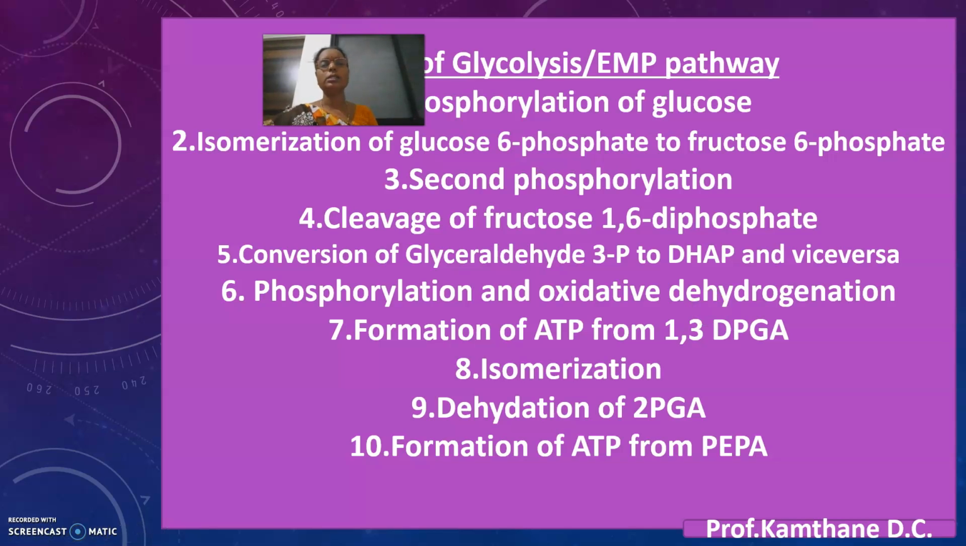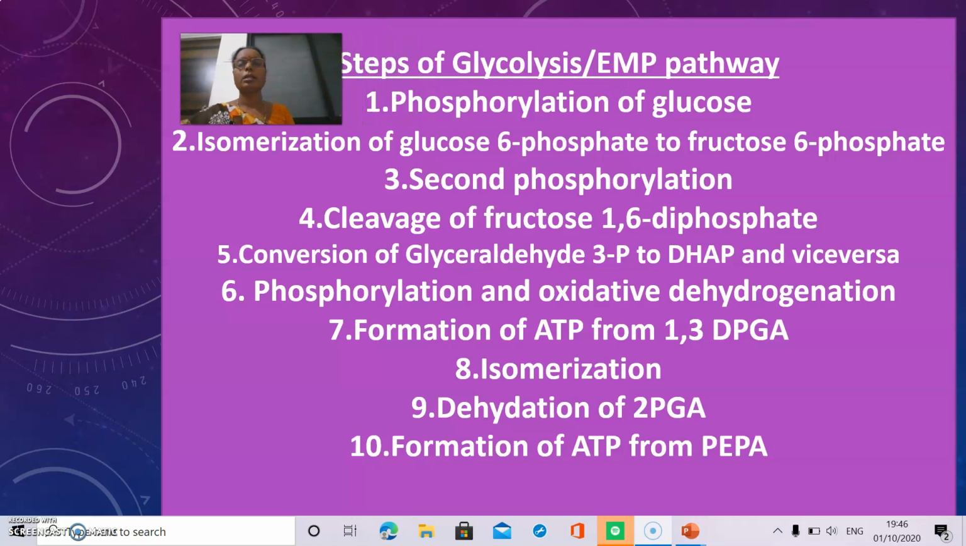This glycolysis is nothing but the lysis of glucose and formation of pyruvic acid. This pathway is also called the EMP, that is Embden-Meyerhof-Parnas pathway, and this is found in the case of homolactic acid bacteria. When oxygen is present, glycolysis switches to